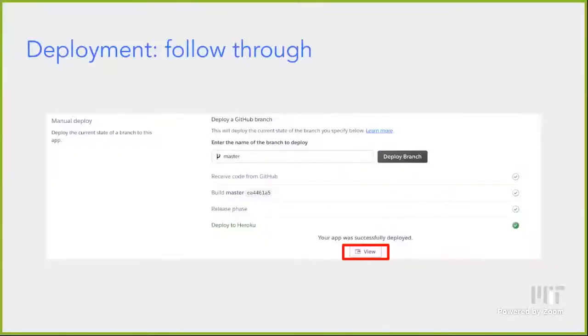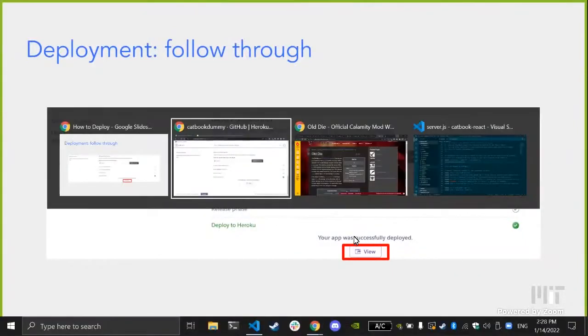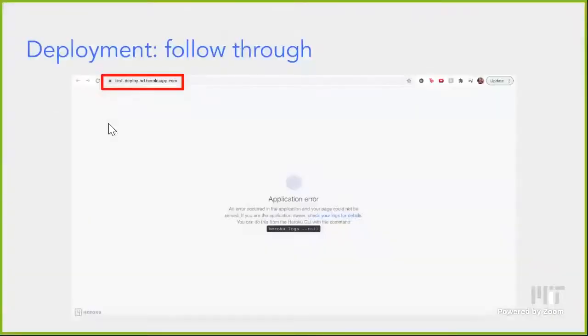So as you might have seen, it does say at the bottom your app was successfully deployed. But if you view the logs, the deployment stuff, when you hit view, it'll try and take you to the page. Now, because you just made a free dyno, it'll take a hot minute for the server to actually boot up and start serving you the files. It might be 3 or 4 minutes before it actually gets up and goes. But for the sake of time, I'm just going to tell you that whenever that page eventually loads